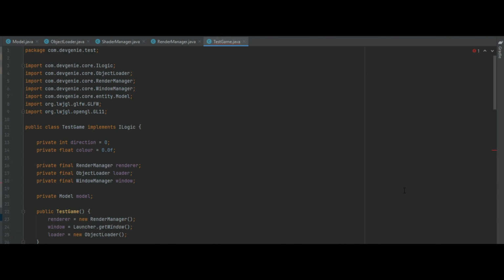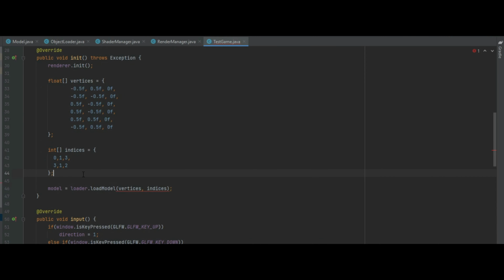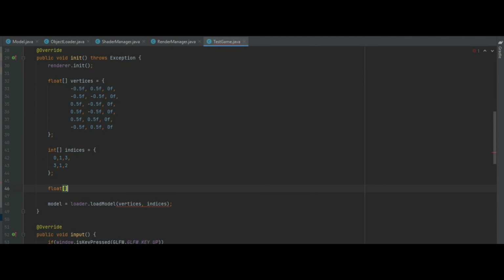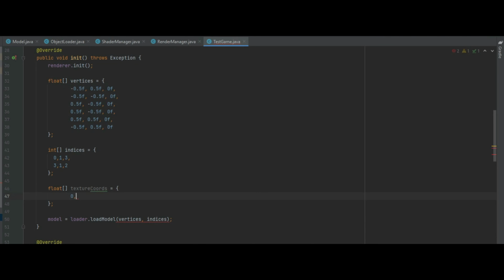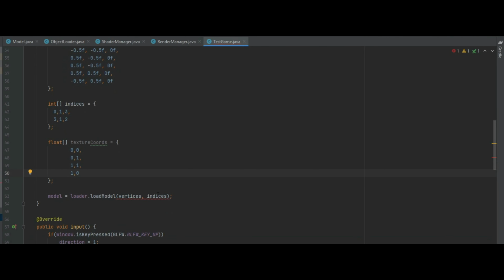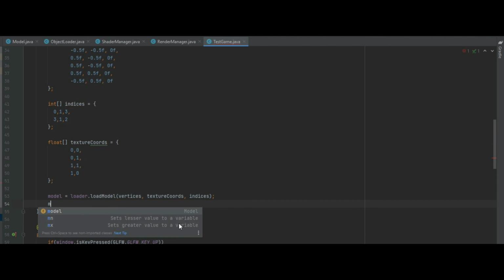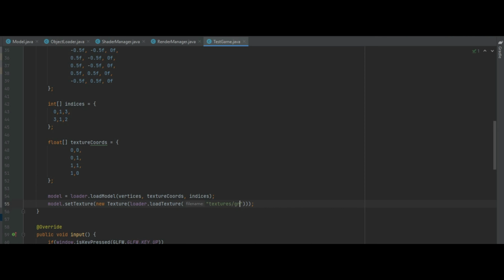So in our test game, if we go into the init method, we can see there's an error, but we'll correct that now. Let's create a float array of textureCoords, and that's going to be 8 digits. It's going to be 0, 0, 0, 1, 1, 1, and 1, 0. So now in our load model method, we do vertices, texture coordinates, and then indices. We can then say model.setTexture is going to equal a new Texture of loader.loadTexture of textures